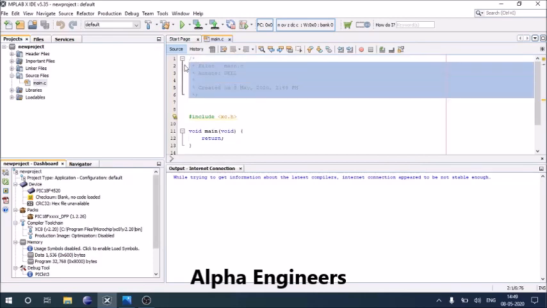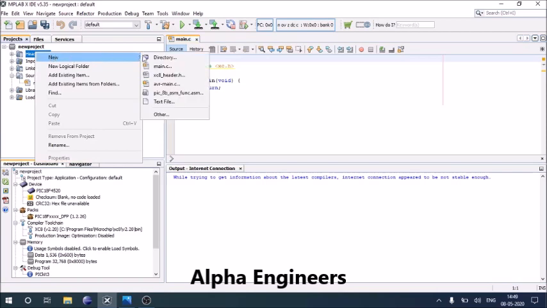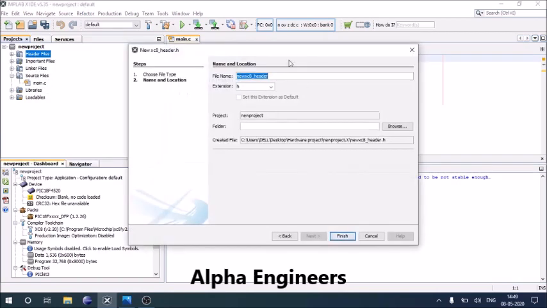Here you go. The compiler has already given you a lot of ready-made things. So make sure that the source file main.c comes under source file, and click on header files, right click on header files, new xc8_header.h, write as conbits. Conbits is nothing but a header file itself which the programmer has developed. Make sure here also conbits.h is there in the created file. Click on finish.